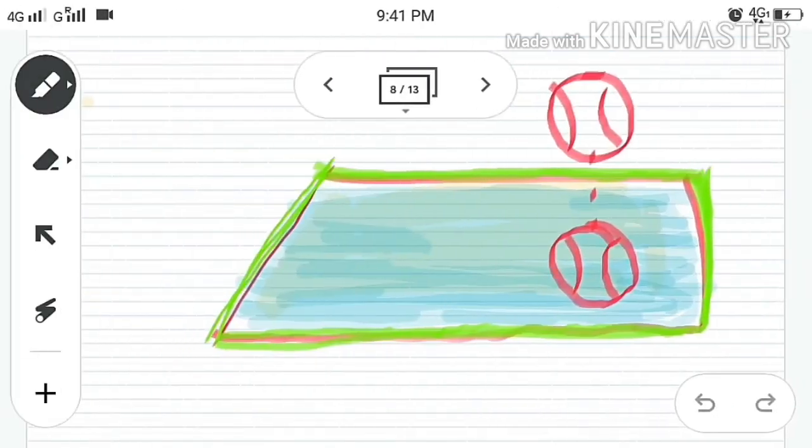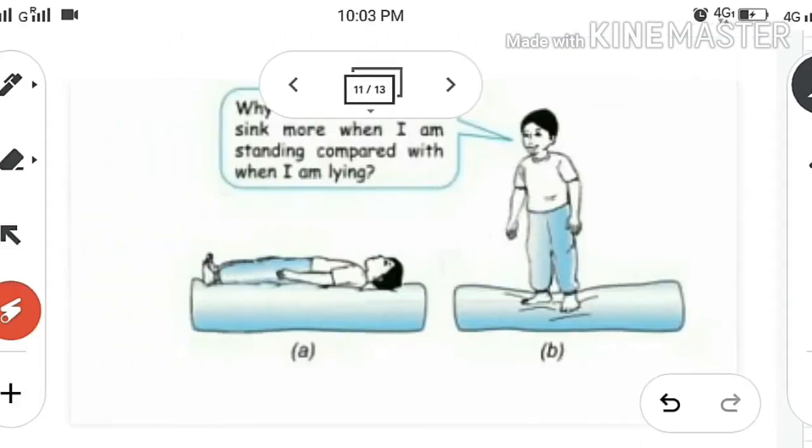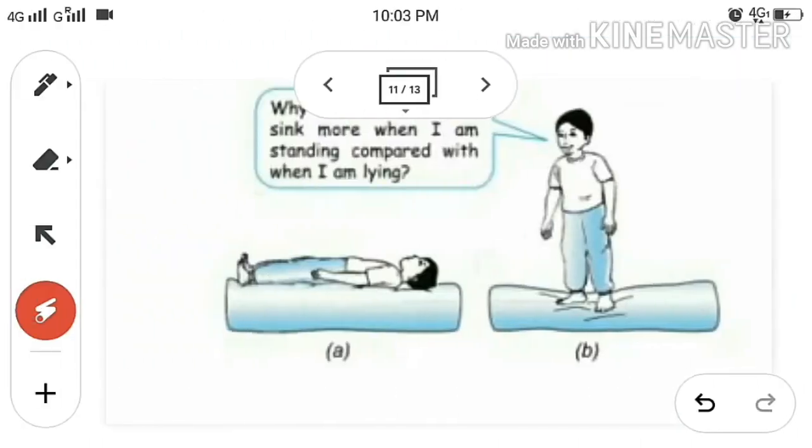Also, when a ball is dropped vertically on the surface like this, again what can we say? The thrust is acting on the surface. Children, let us go back to the previous situation. When you stand on a mattress, the force, that is the weight of your body, actually acts on an area which is equal to the area of your feet. Here, can you see? I am highlighting here. Whereas when you lie down, the same force, that is your body weight, acts on an area equal to the contact area of your whole body. Here, I am highlighting here.